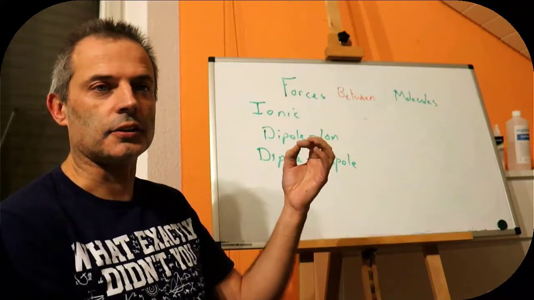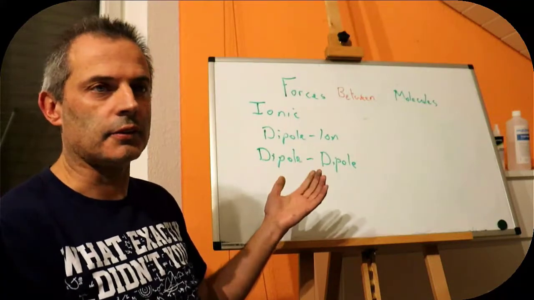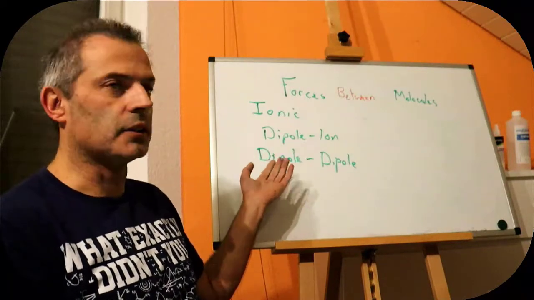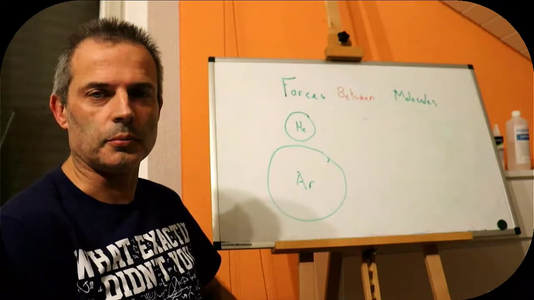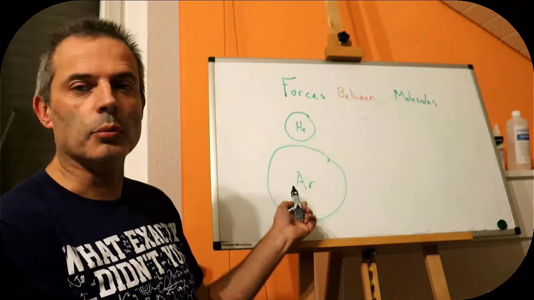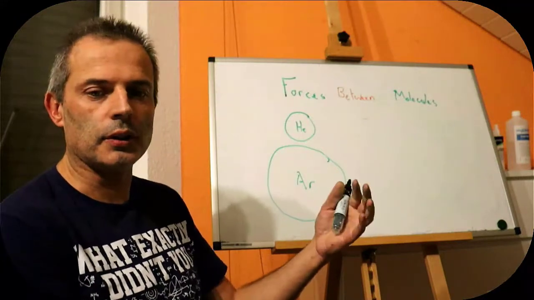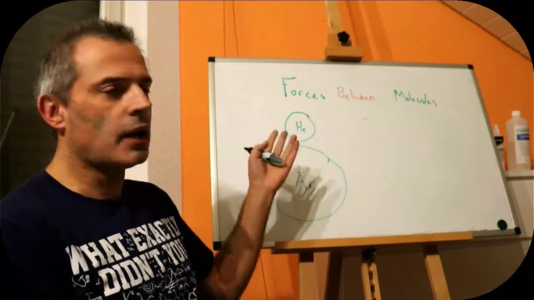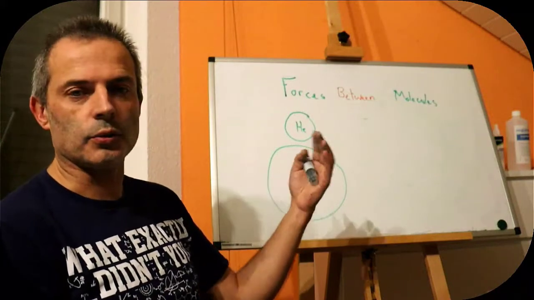If we take a gas such as argon, it can't do any of these types of interactions because it doesn't have a dipole. In fact, any pure element can't do that because it doesn't have a dipole. Looking at ideal gases, we can dig out some general knowledge. We know that the boiling point of helium is much lower than the boiling point of argon, and that tells us two things. First of all, there is a force between these gas molecules, because otherwise they wouldn't form a liquid ever, and also that the strength of that force goes up with the size or mass